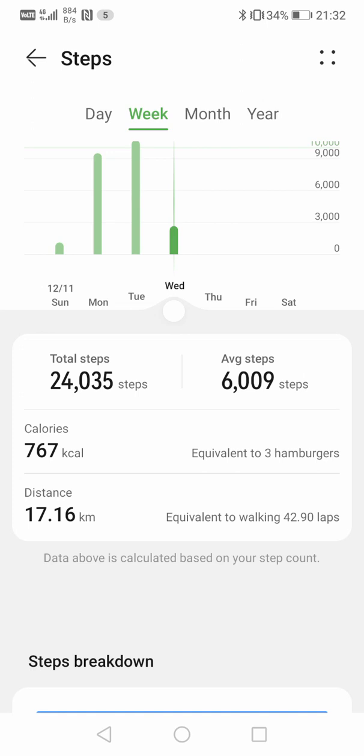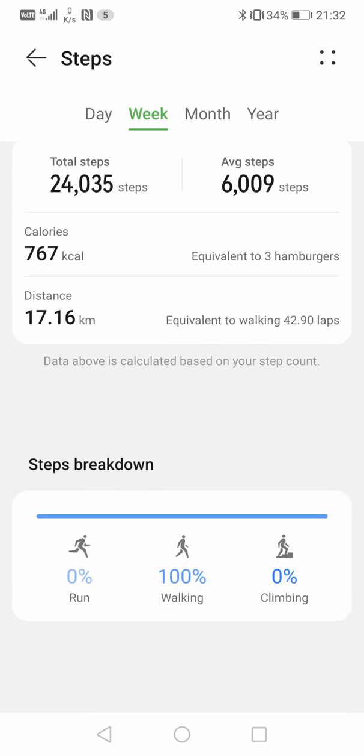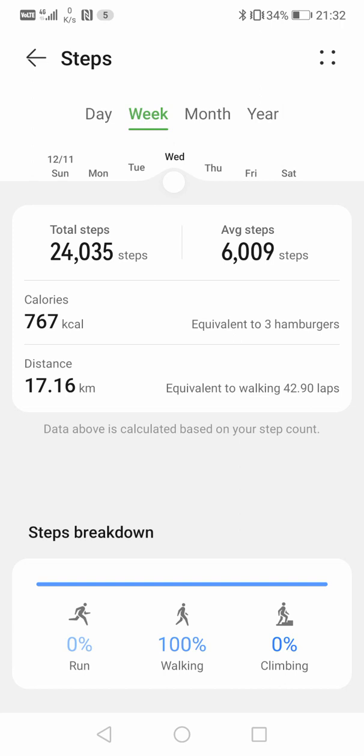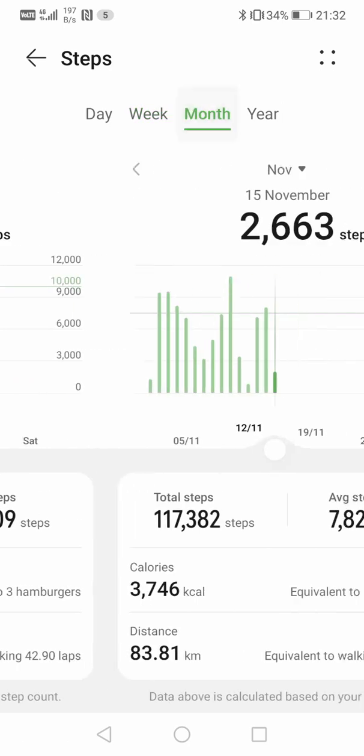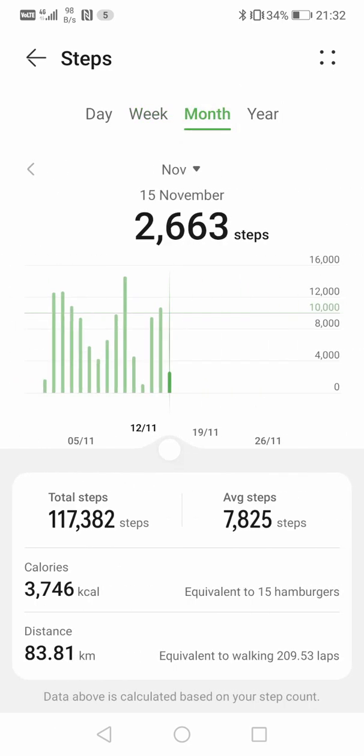767 kilocalories, equivalent to 3 hamburgers. And total distance I have walked is about 17 kilometers, equivalent to walking about 42 laps. So steps breakdown, you can see I haven't run, so 0% run at the bottom of the screen, 100% walking, 0% climbing. I scroll up and I click the month and you see this record: total steps, average steps, calories,